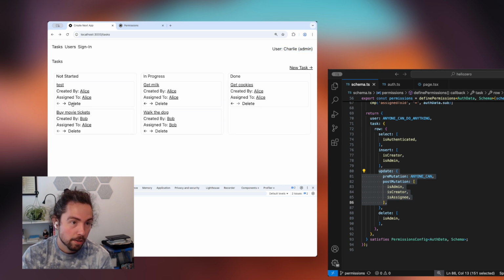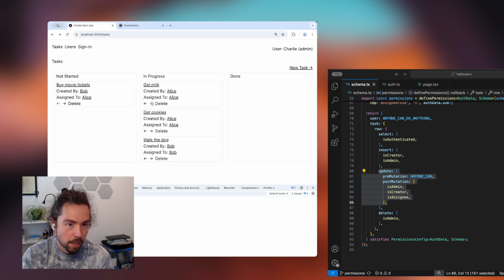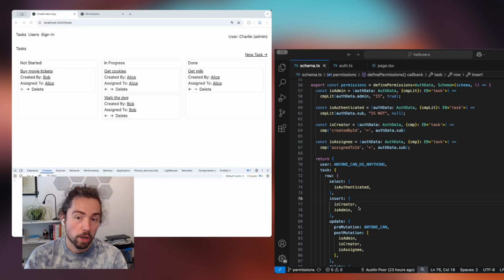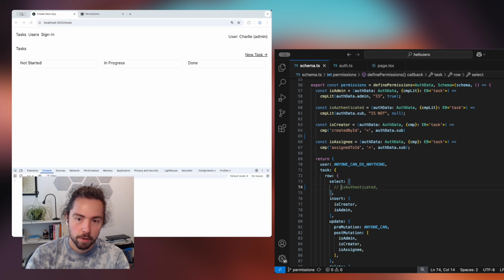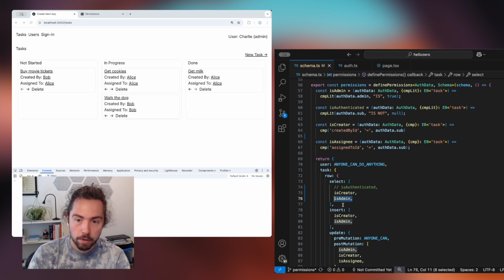He can delete, and he can do any of these things in here because he has that is admin permission, which applies to all of these. And then by definition, he's also authenticated and anyone can. So we can also see, if we turn this off and remove is creator or is assignee,